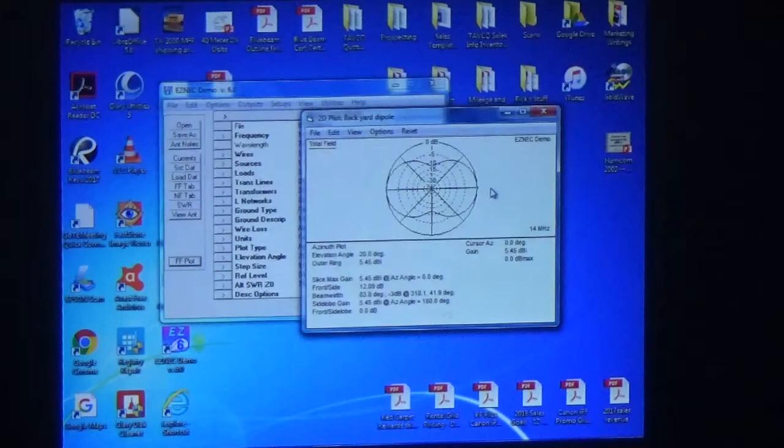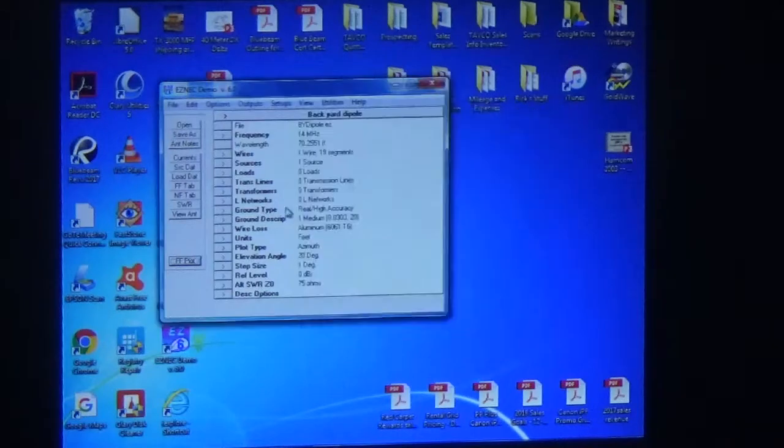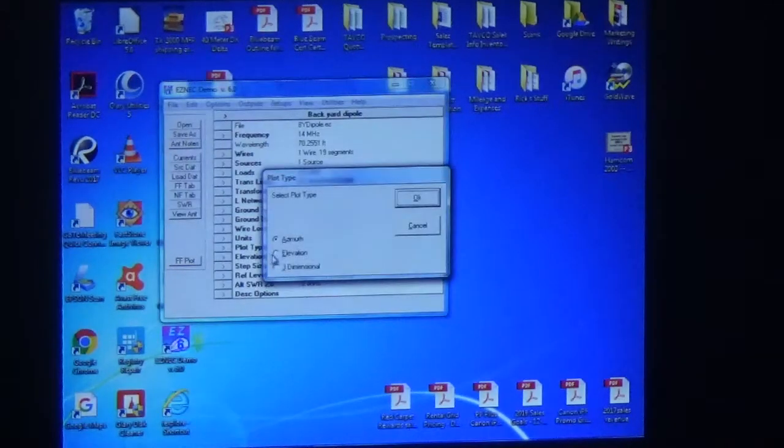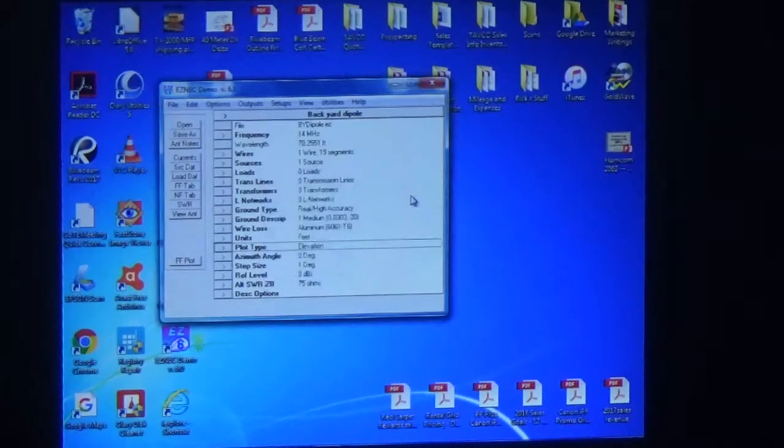Okay. So this is plan view. This is looking at the top of the radiation pattern at 20 degrees angle. That's what it looks like, and there it is, the angle. So as you change the degrees, the pattern changes. Well, the pattern doesn't change, but the plot of the pattern changes, because it's like taking a slice through. For example, if you go to elevation,